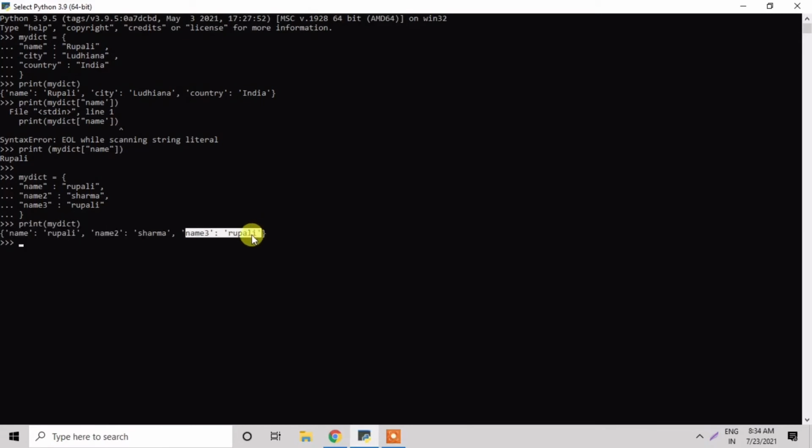But if I take the keys the same, it will not be printed, because keys cannot be the same in Python dictionaries.